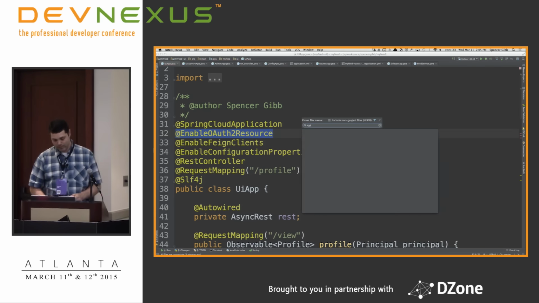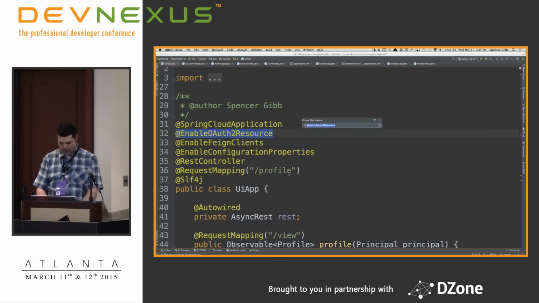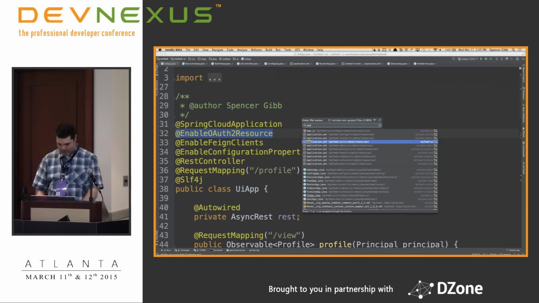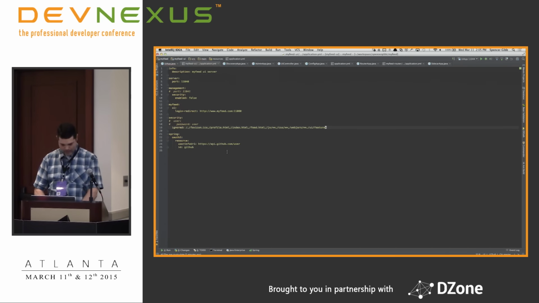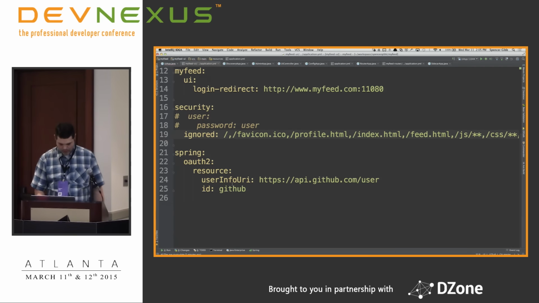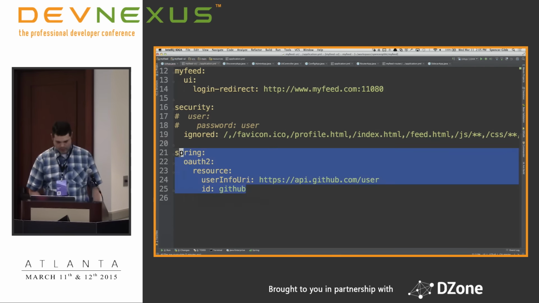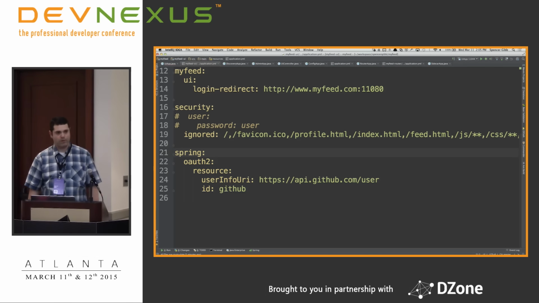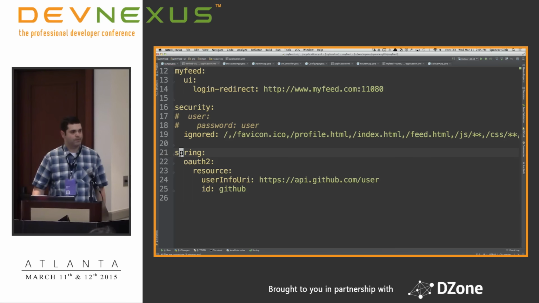And if we look at the UI's configuration, we plug in just that little part about the resource. It doesn't have to know about actually authenticating, but just validating the token that it gets passed. Okay? I've told you all I know about security, so we'll move on. Any questions before we move on?